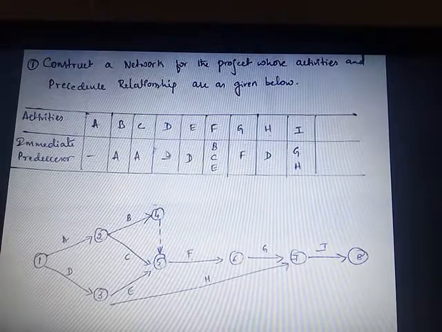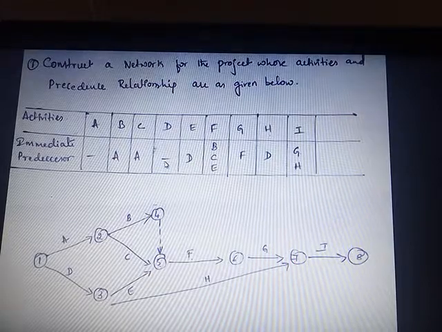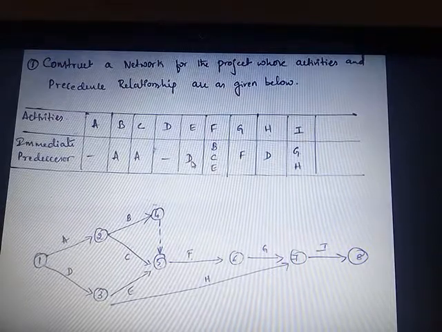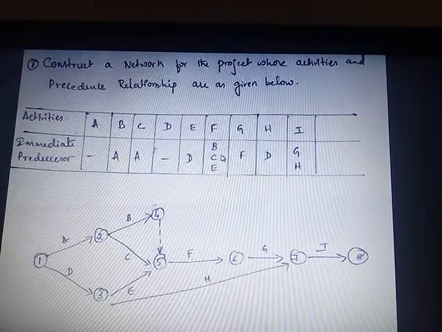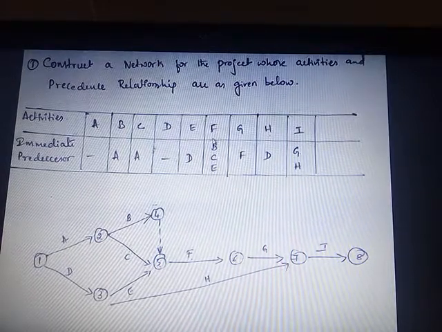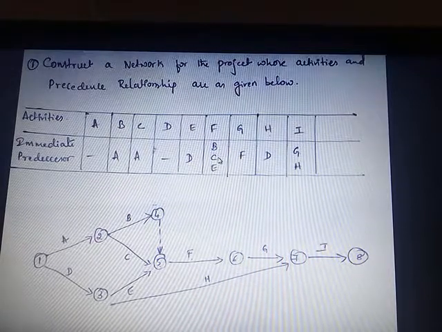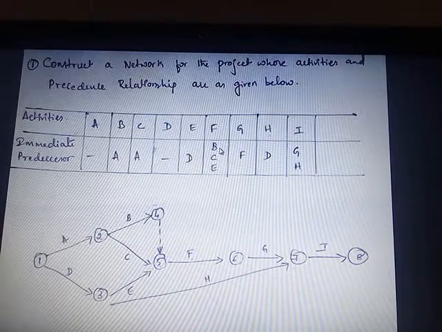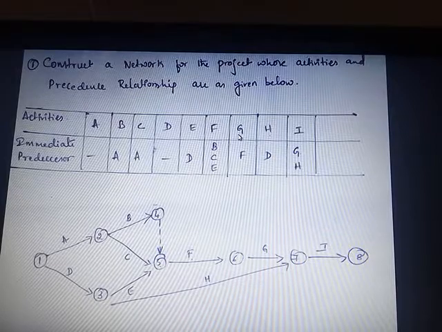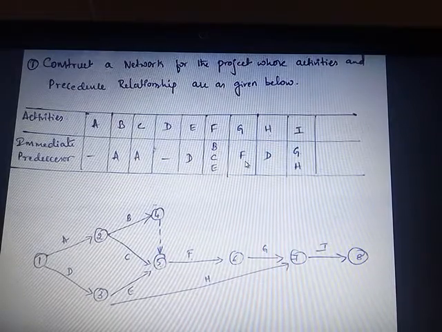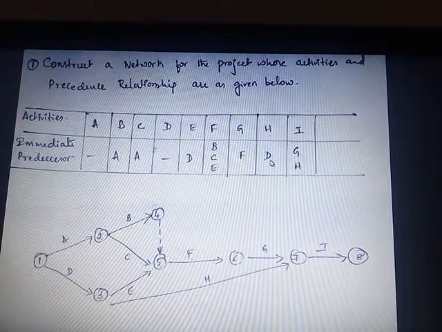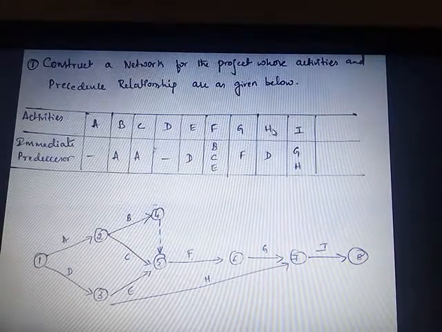And looking at the D activity, there is no immediate predecessor, so it can be stated that it is a starting activity. Next, for the activity E, D is the immediate predecessor. Next, for F, the B activity, C activity and E activity are the immediate predecessors. After the completion of B, C and E, the F activity follows. Next, in order to complete the G activity, the immediate predecessor is F. Next, for the H, it is the D activity. After the completion of D activity, only then the H activity arrives.